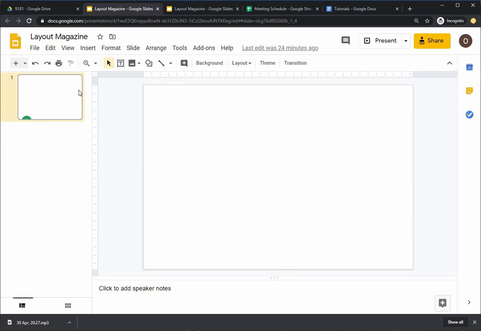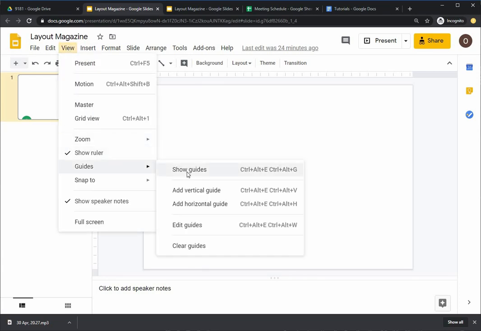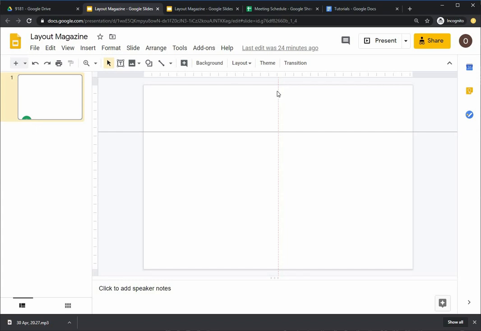So the file is named Layout Magazine. I've created a size which is exactly the size of the double spread of our publication. Let me go here. For some reason it doesn't show me guides. Guides. Show guides. Oh yes. Now we can see guides. So imagine this is our layout. So what we have to do,